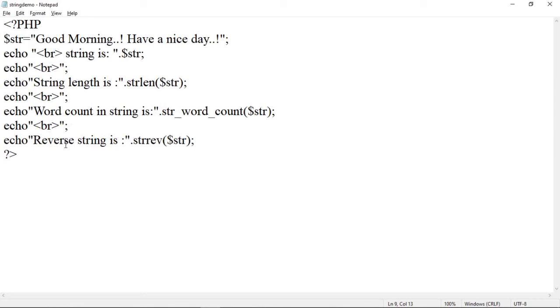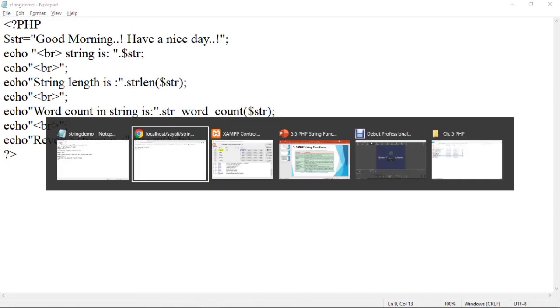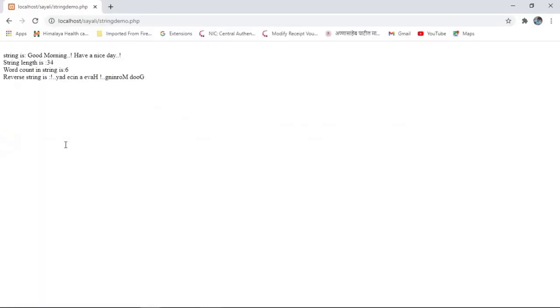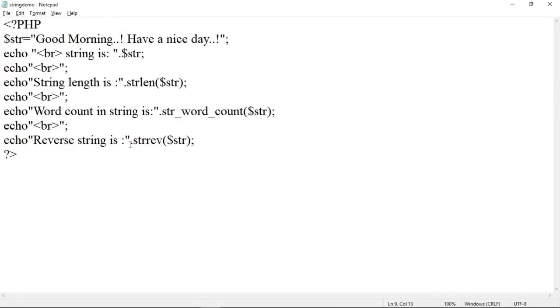Now again save the program and let us refresh the page. See here, this is the reverse string. Okay, reverse string. Now to have the next output on the next line, again use br statement, echo br.